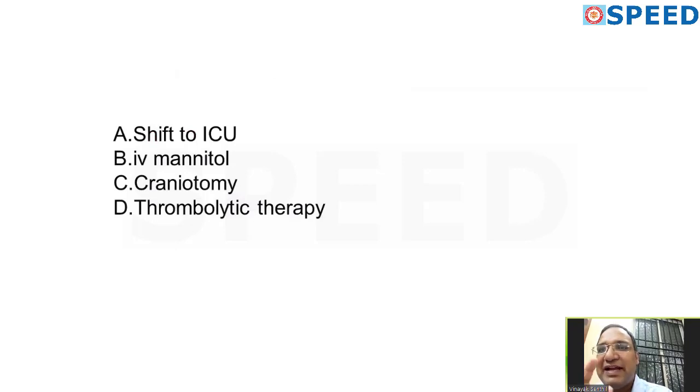The next management will be anti-edema measures. You'll go for mannitol and intubation. If there is no massive midline shift, compression of the lateral ventricle will regress once you go for anti-edema measures. If it doesn't regress and GCS still drops further, then you will prepare the patient for craniotomy. IV mannitol will be the next step. It is not the management of choice. There is a difference. You have told me two different things in the question: one is about the next step and the other is about the best management. Here the question says best management is craniotomy. But the next step